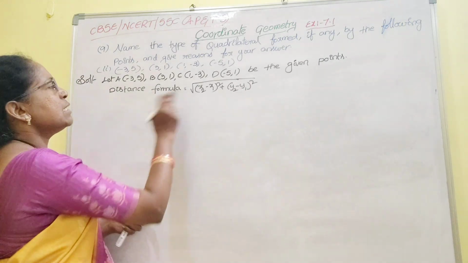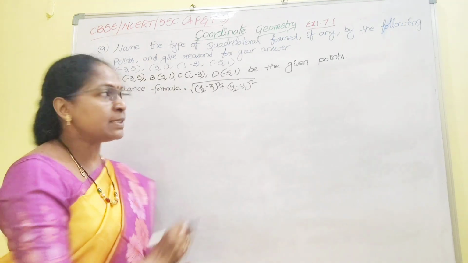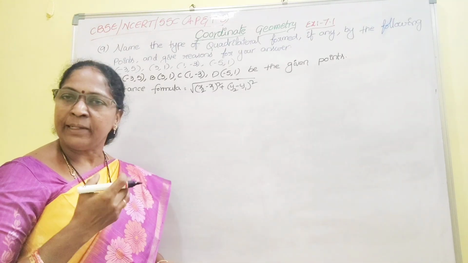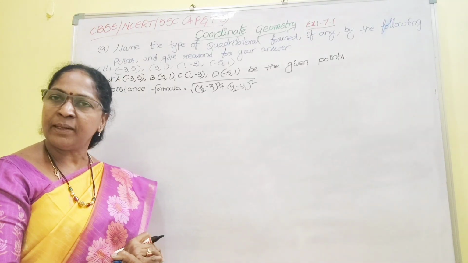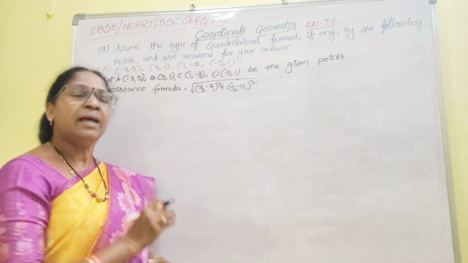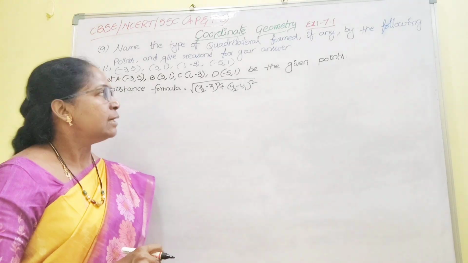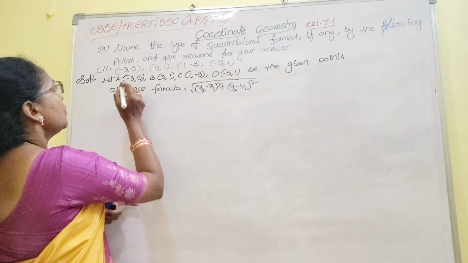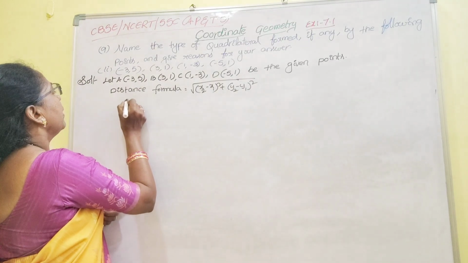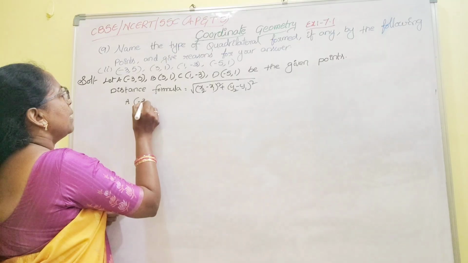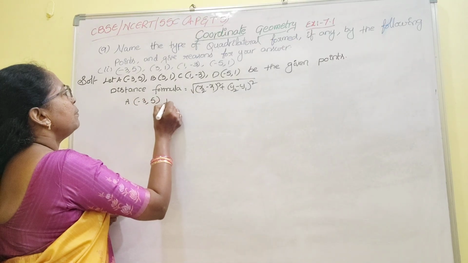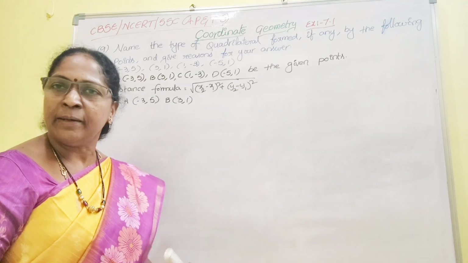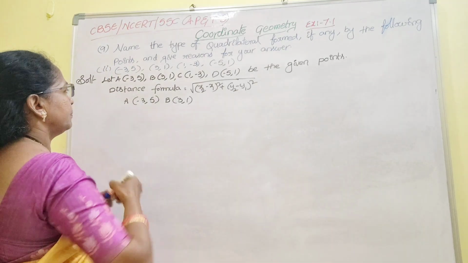Here the distance formula is square root of (x2 minus x1) whole square plus (y2 minus y1) whole square. Apply the same formula and find the distance of the four sides AB, BC, CD and DA, as well as the two diagonals. The diagonals of ABCD are AC and BD. Now consider point A (-3, 5) and point B (3, 1), representing x1, y1,